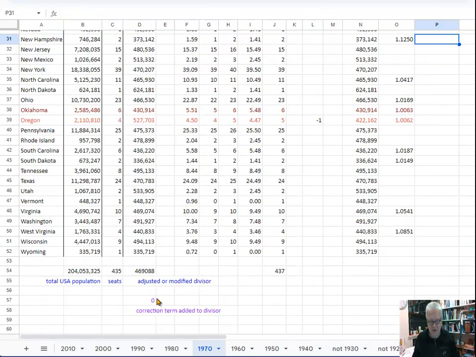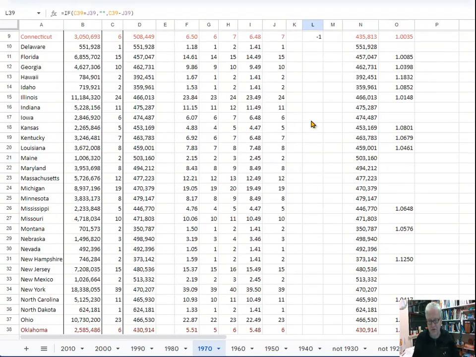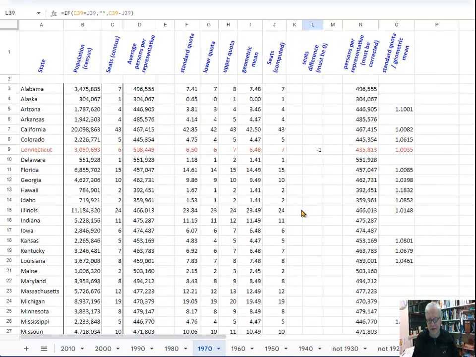And then adjust the correction term here, and that should be in the hundreds or thousands until you get 435 here, and that of course is how the seats are computed, which then will match all of these here, and you will get rid of the negative ones, and you will get rid of all these numbers here, and then